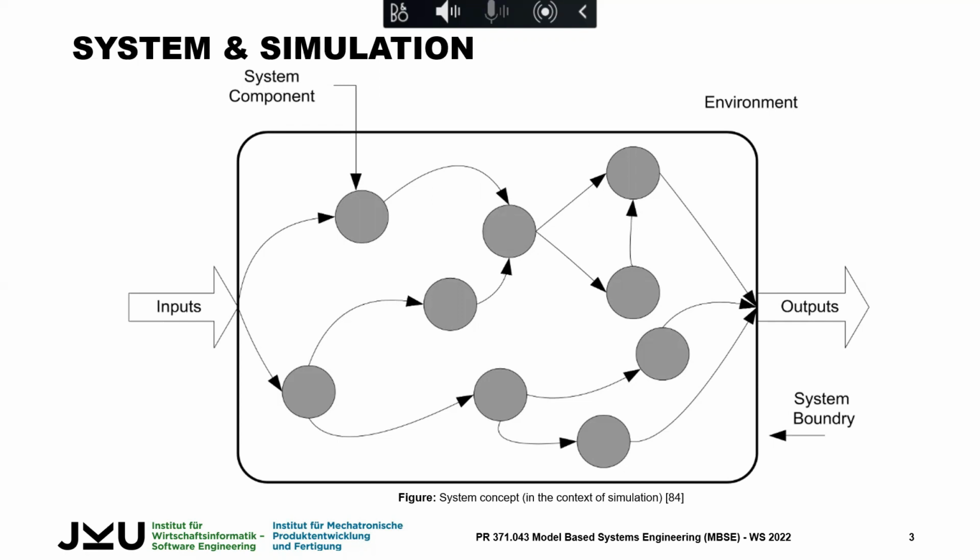Then the system components function to give some kind of output. And of course, a system is also supposed to consider the system boundary and environment, all these things. So the thing is here, during simulation,